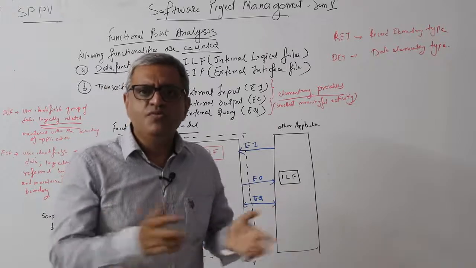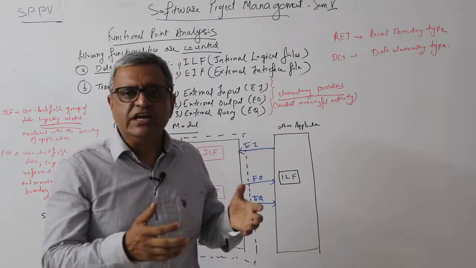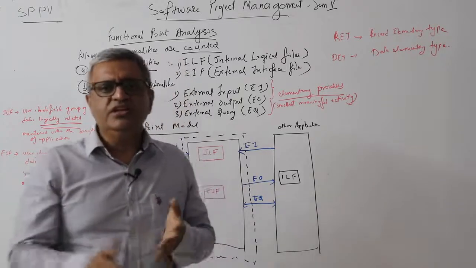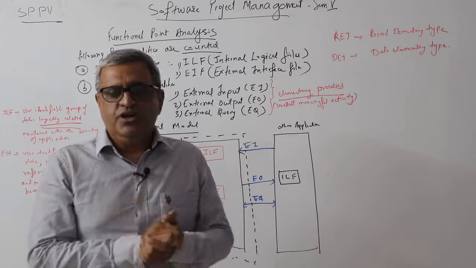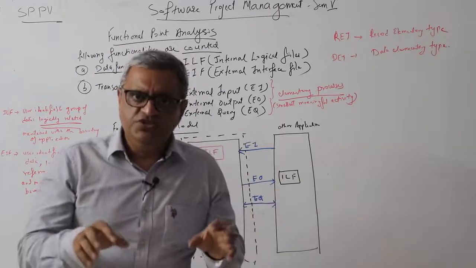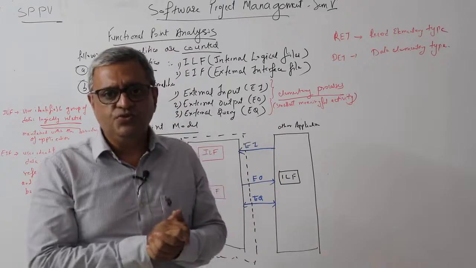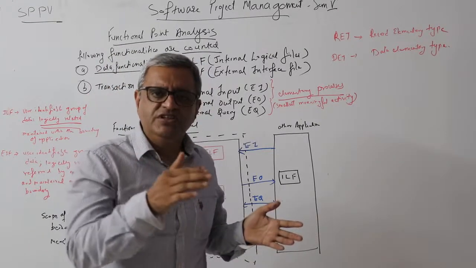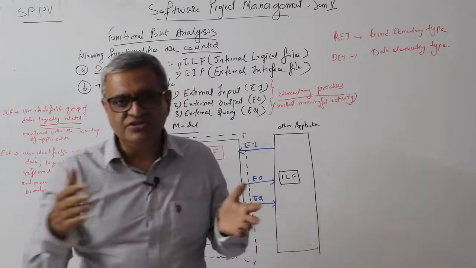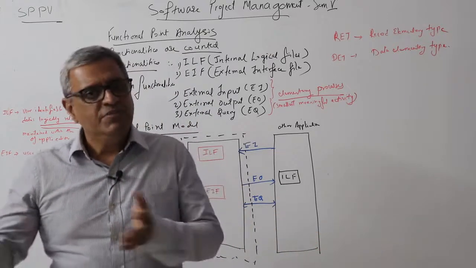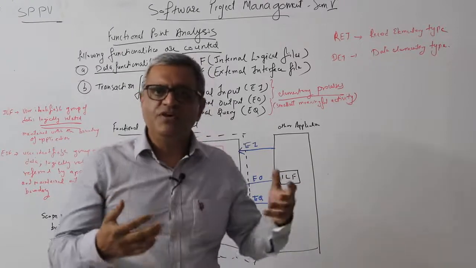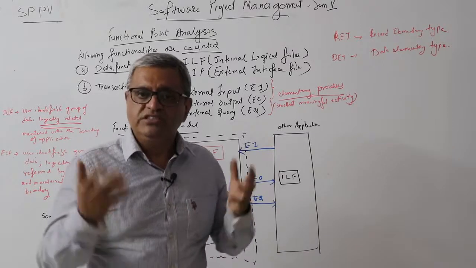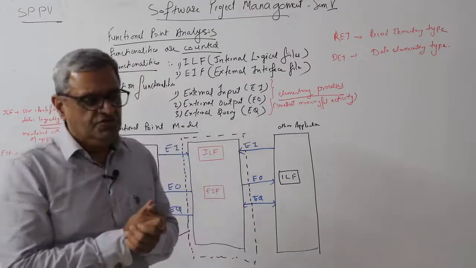Within the COCOMO model, you can calculate the efforts, but what it doesn't tell you is how to really calculate the lines of code, because it assumes that you are aware of lines of code. Based on different project types, whether it's an organic, semi-detached or embedded project, you have different values of A and B, but lines of code is something you need to be aware of.